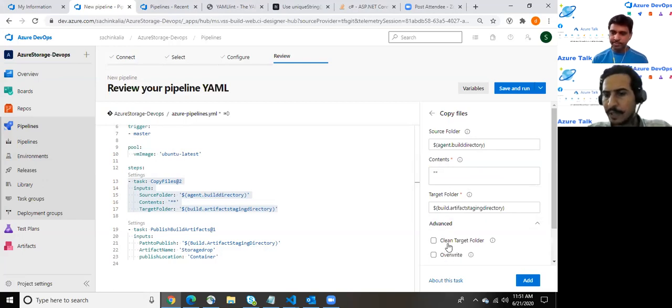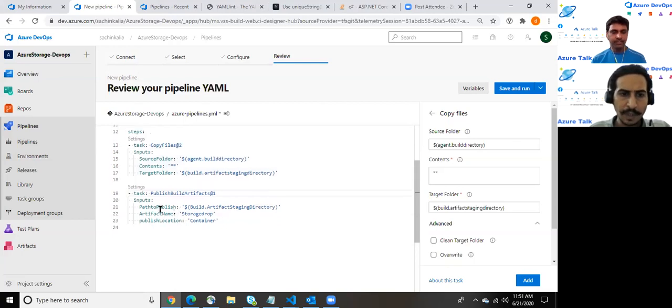If you click on the clean target folder option, it means whenever the CI pipeline runs next time, it first clears that folder, and with override, it overrides the existing content. At the bottom of the screen, you can see we have another task, which is publishing the build artifact. If I click on the settings,